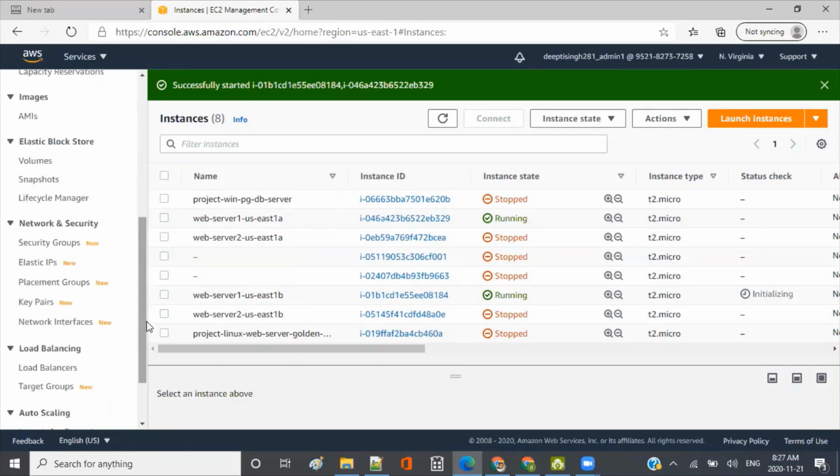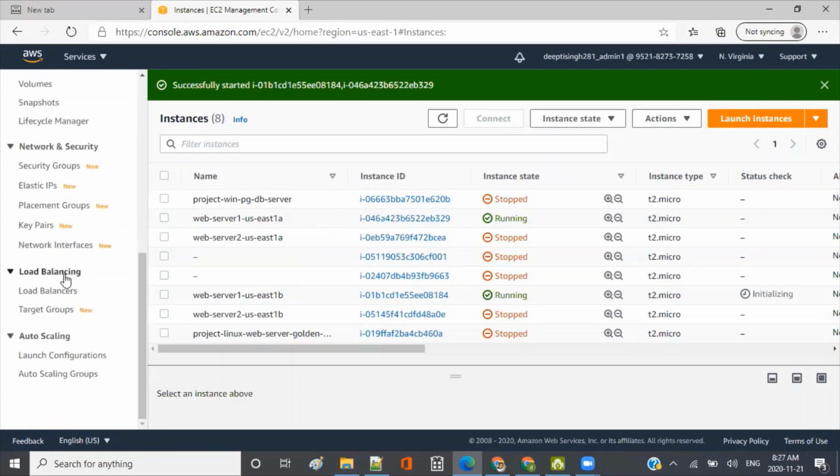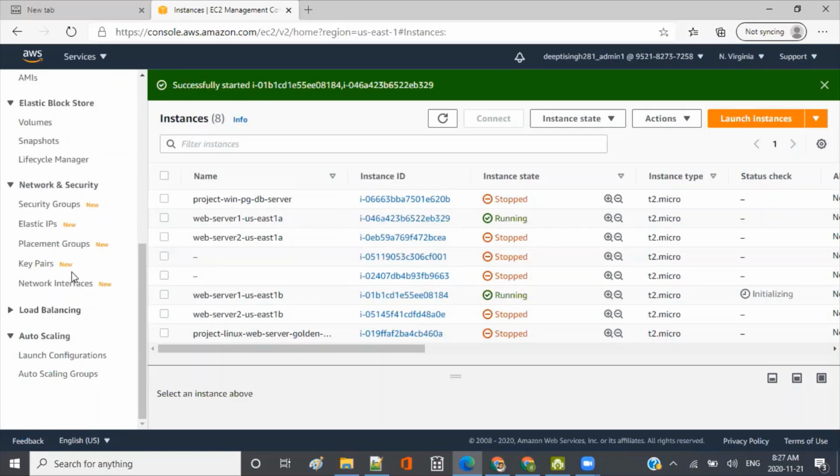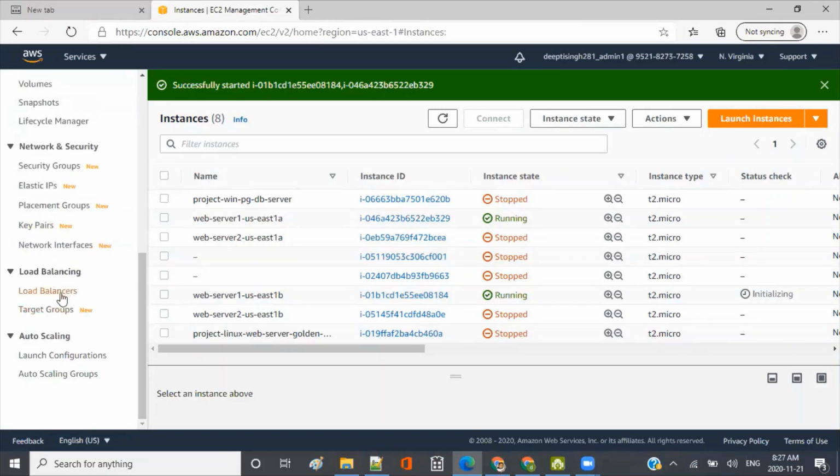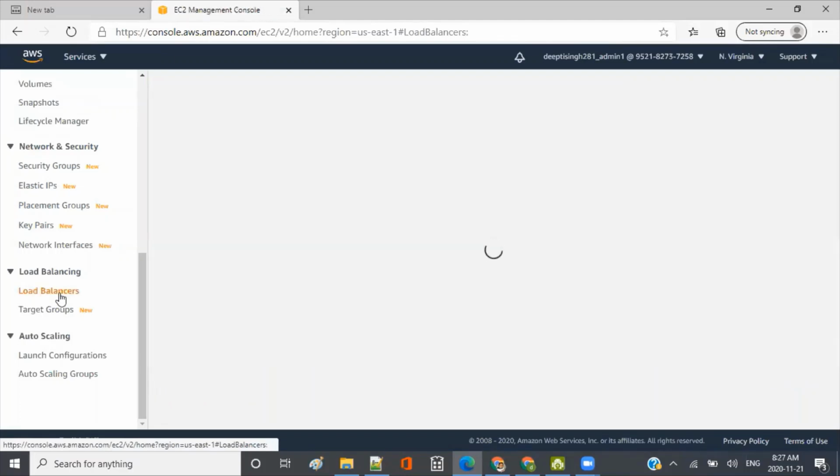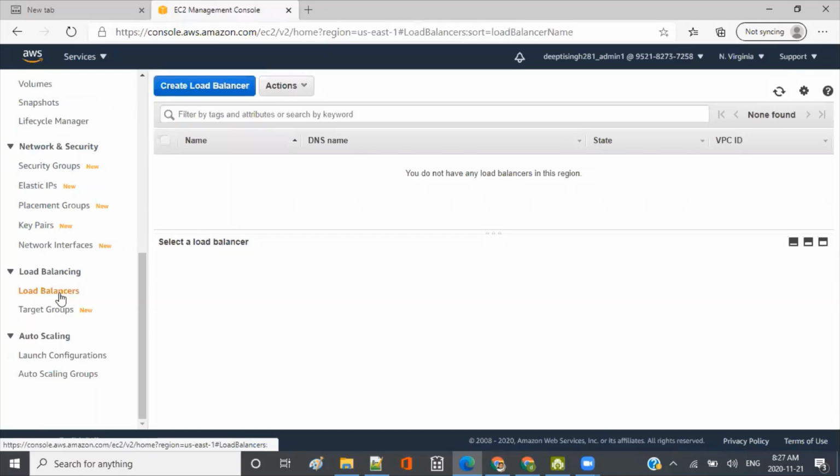So if you scroll down, you will see this load balancing section. Okay, so here in the load balancers, if you create a load balancer, you will see three types of the load balancer: application, classic, and network load balancer. Classic was the old way of doing it. Application load balancer is what in most cases you will be using. It has the intelligence built in, so you can read the URL path, route and everything, and accordingly you can route it. So that's what you're going to use.